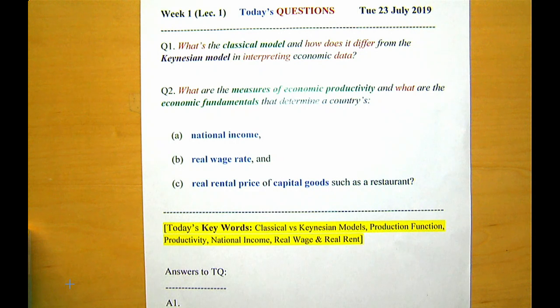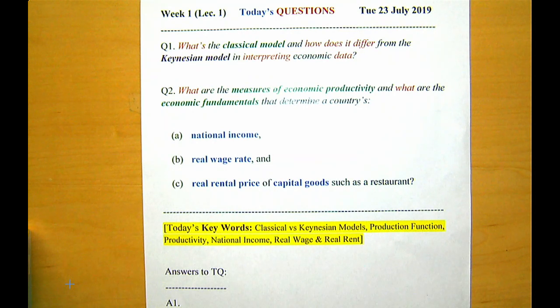It leaves out questions about aggregate demand, because it assumes that prices are flexible in all markets, and whenever there is supply, the price will move to generate demand for it, right? Too little supply, price will go up. Too much supply, price will go down, to make supply and demand equal. That's their assumption. It's called supply creates its own demand. So that's the answer to the classical model.